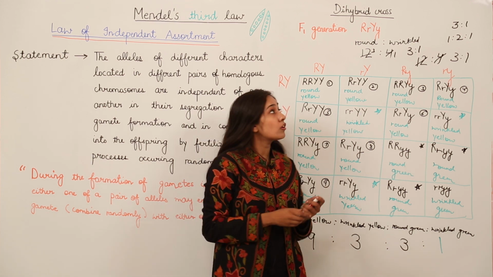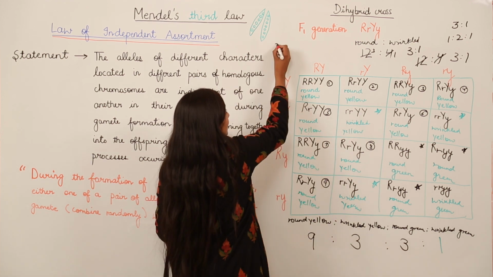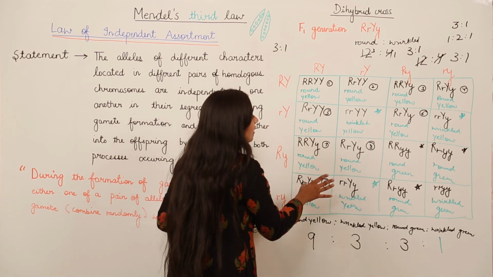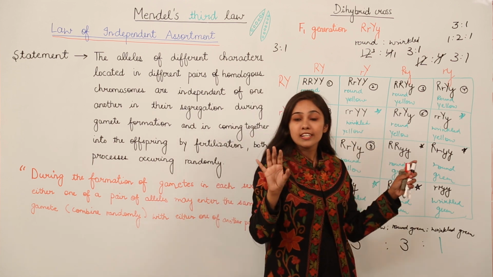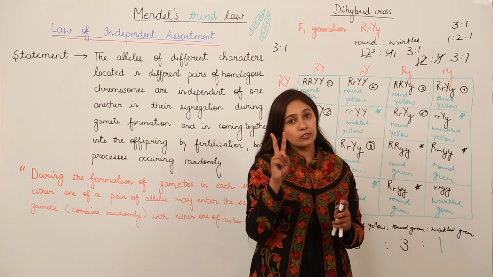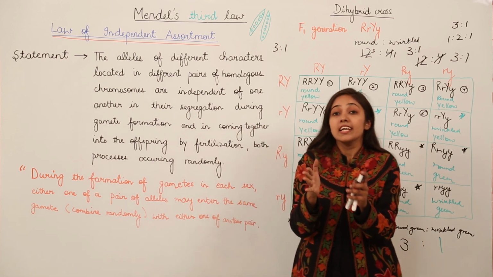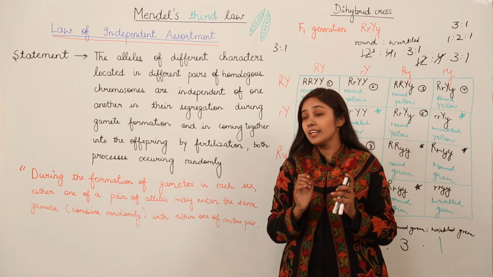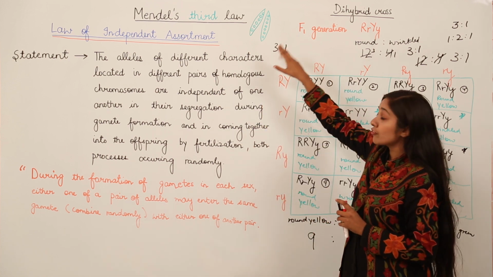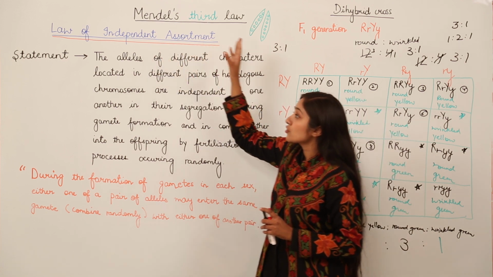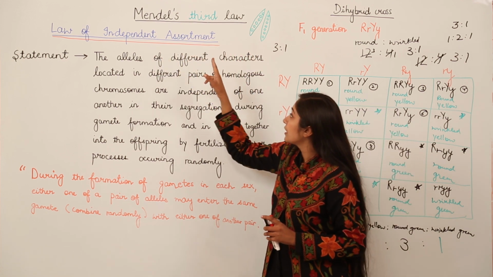In the monohybrid cross, we had the ratio 3:1, and the same ratio we have here when we separate these two traits. It means that when we consider two characteristic traits simultaneously, this does not affect either characteristic trait. So from this conclusion, Mendel gave this law of independent assortment,